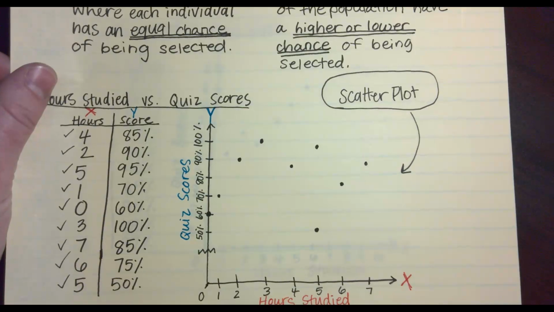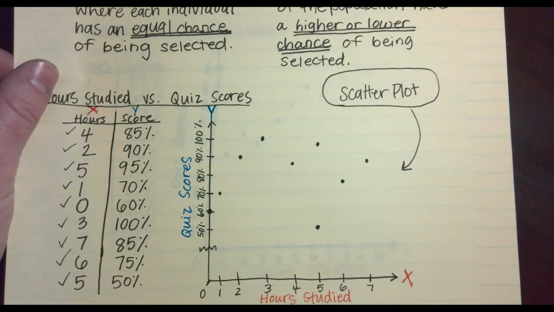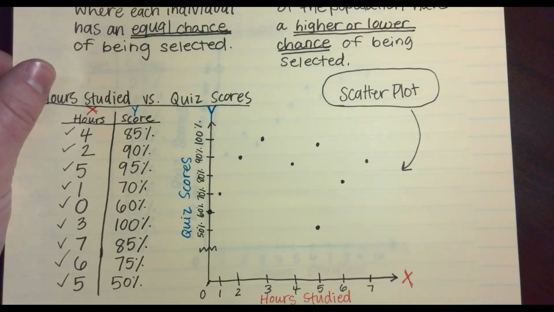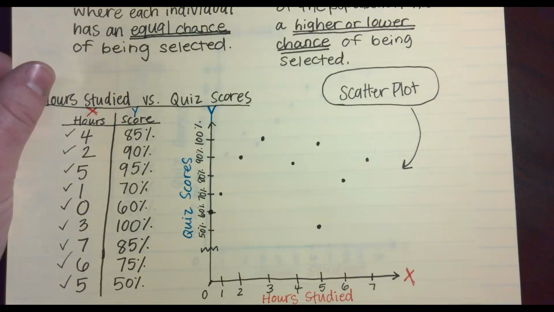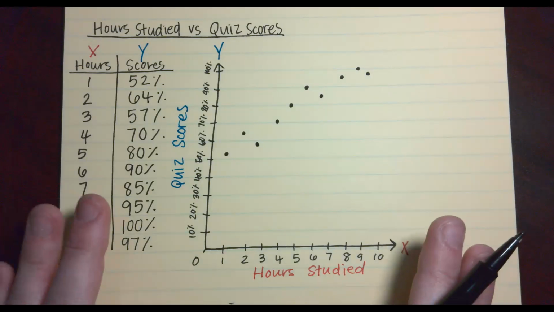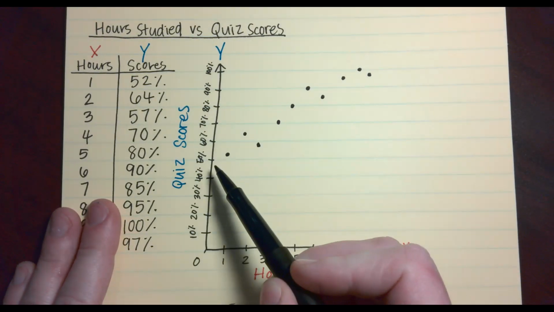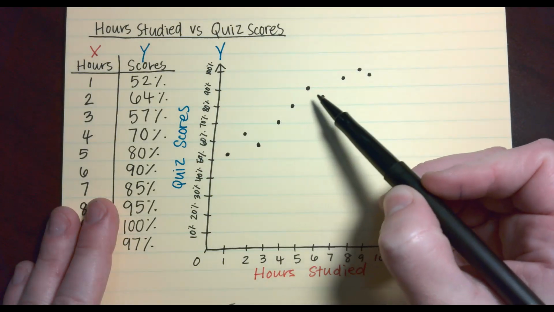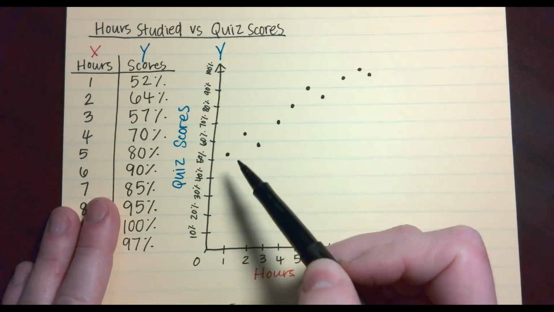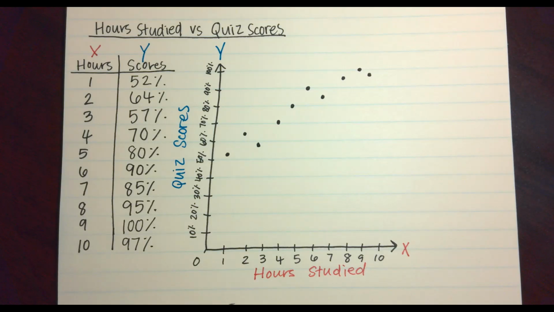We found that with this class, it didn't matter how much they studied or how little they studied. It was super random and all over the place. So we couldn't really draw many conclusions from that. Now, whenever we do find a set of data that shows a pretty consistent idea, even though there is a little variation in there, we are going to do what we call drawing the